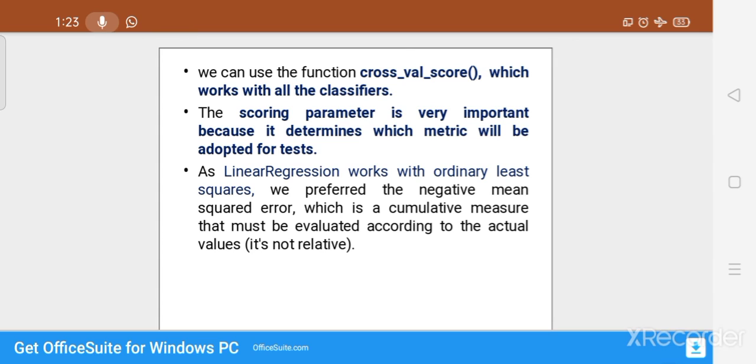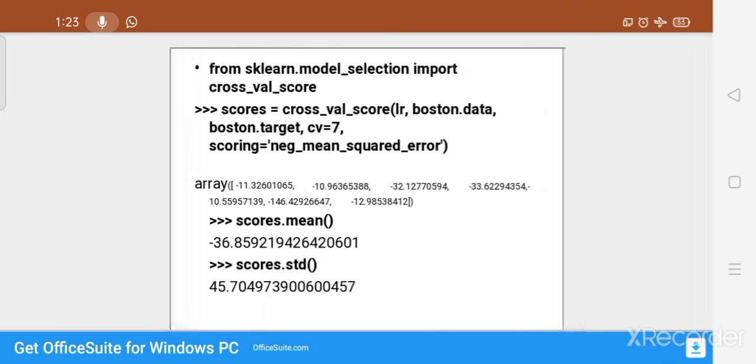We preferred the negative mean square error, which is a cumulative measure that must be evaluated according to the actual values. As we already saw, linear regression works with ordinary least squares, and if we are working with least squares, negative mean square error arrives, and that also we have to consider for the actual values.